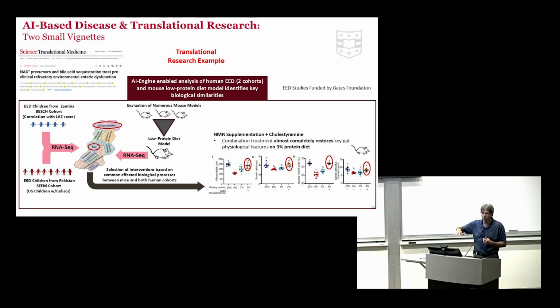Basically, the problem with EED is it causes stunting. The children simply don't grow. Even when they get proper nutrition, they will put on weight, but they don't grow. And it's been a confusion as to why and what caused that, what's behind it. Well, through a lot of these analyses, we've learned a ton. But there's still work trying to figure out how to overcome that in terms of